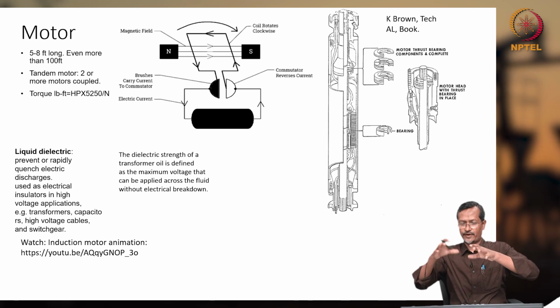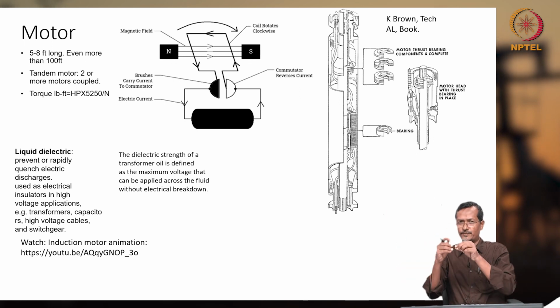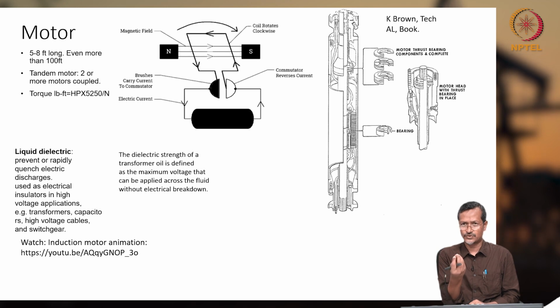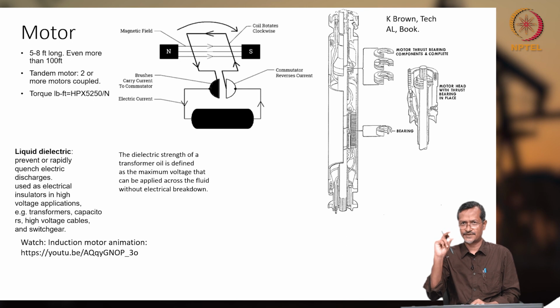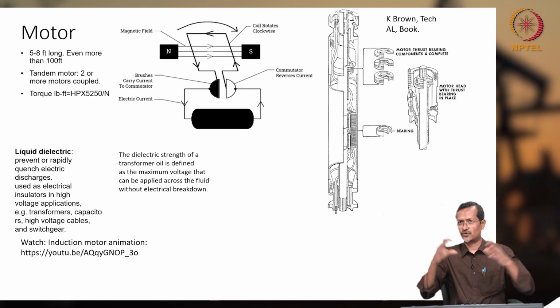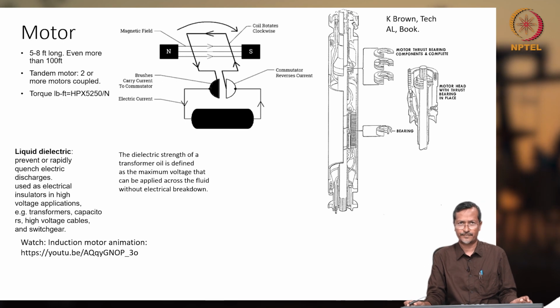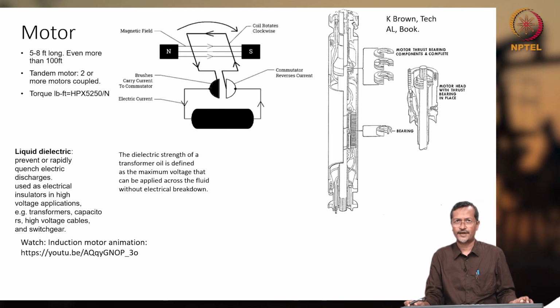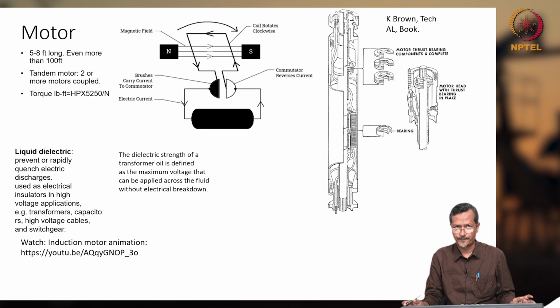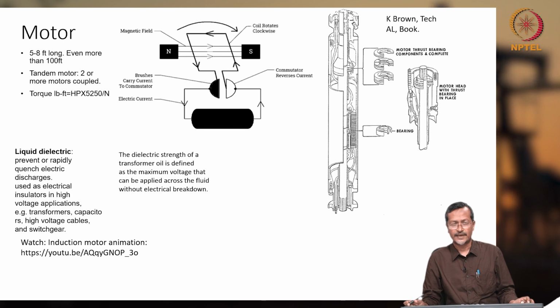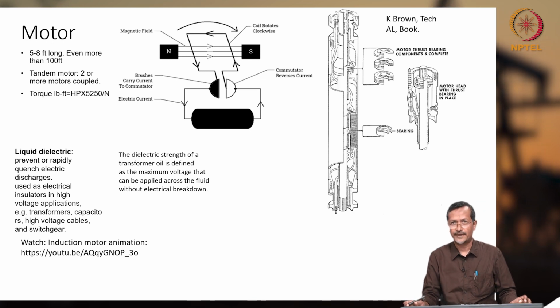Normally a surface motor you have seen is this big, but there are also small ones, like toys, small toys will have a motor, and your electronic watches also have a very small motor. Toys will have this much size of motor, but very big motors, a few meters in size, are also possible, generator motors, because there you need very high amounts of energy, for example an electrical train. So motor size also will be big. But in a submersible system you need a very high powered motor, but you do not have space,